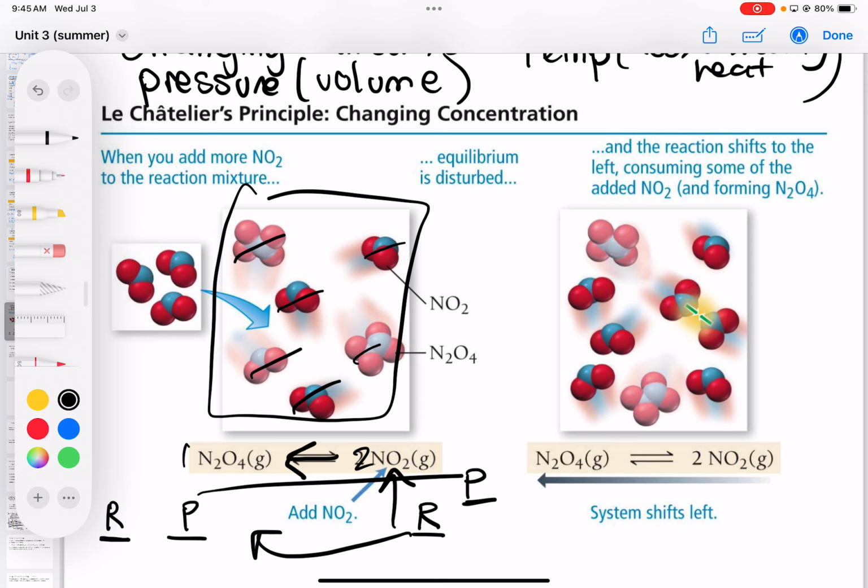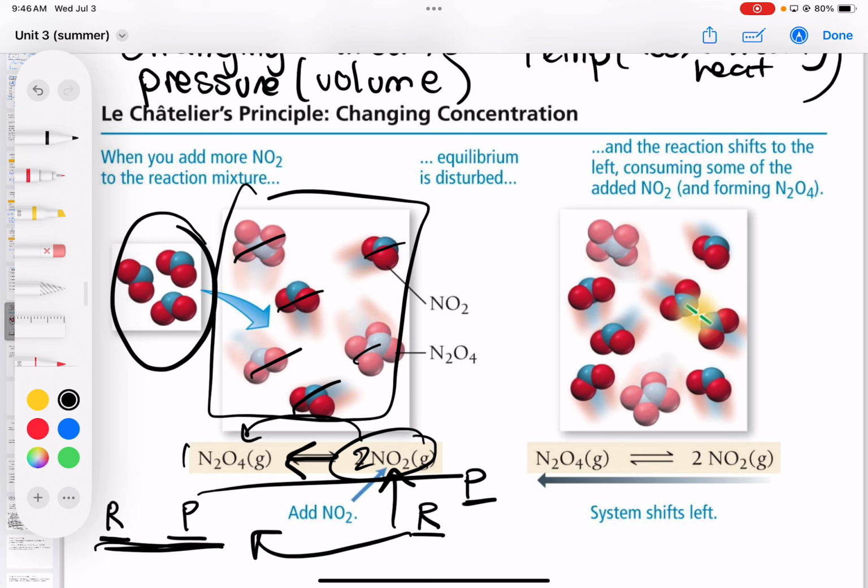So whatever you do that stresses it out, like we have too much product because we add the NO2, it needs to re-achieve equilibrium by shifting one way or the other in order to hit that balance point again. Okay, in this example, it's going to shift to the reactants. Some of that NO2 is going to react and form N2O4 so that we hit that balance point again